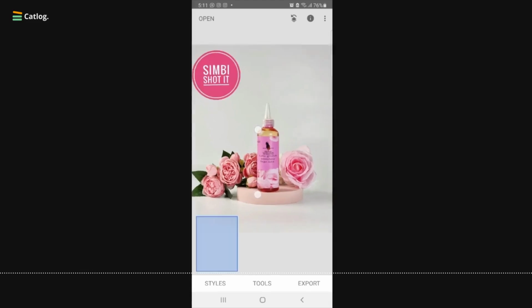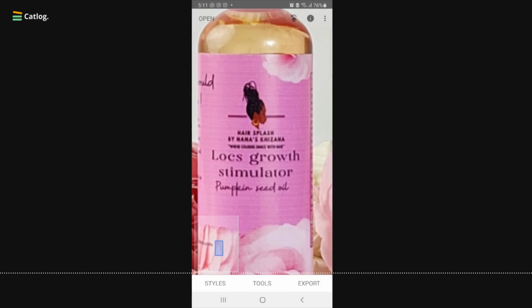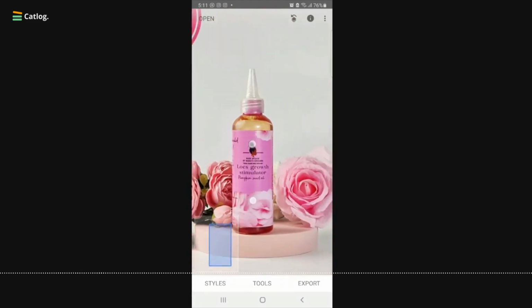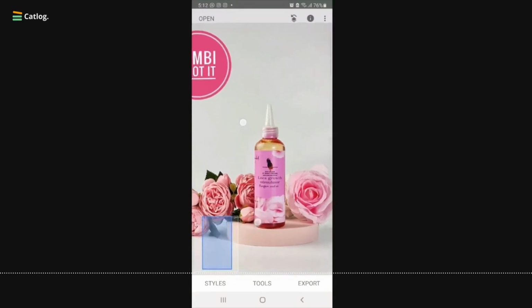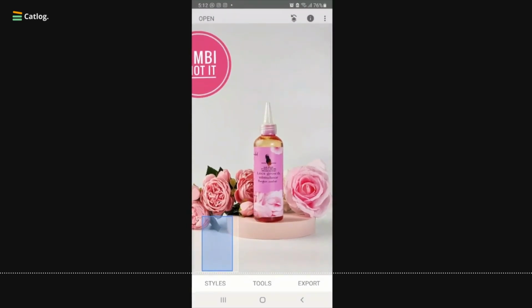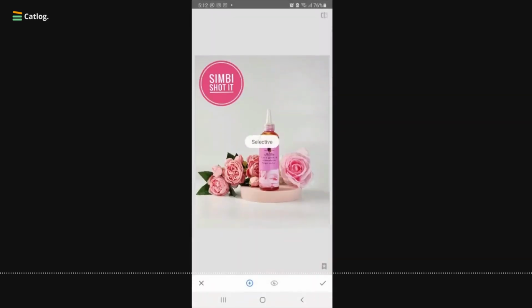Now, still, this text is not as sharp as I want it to be. I'm very particular with this text. So what do I need to use to fix this, as the bottle itself is not as sharp as I want? I'm going to use selective because I want to be very selective. It's just the bottle I want to work on. So I go to tools, click on selective,